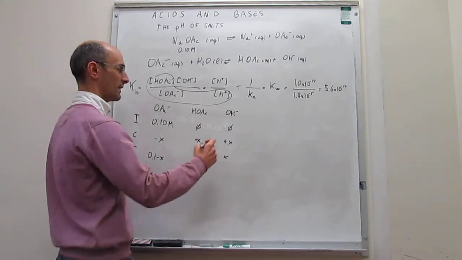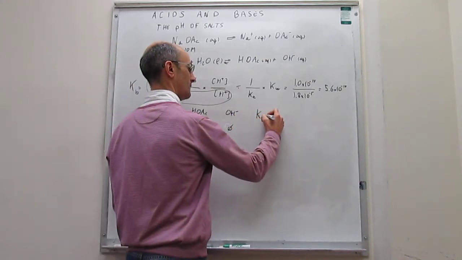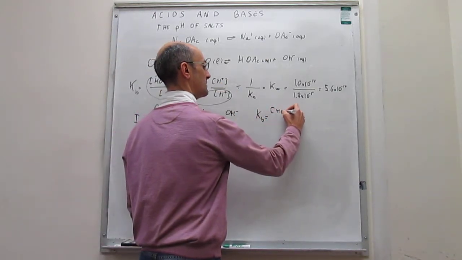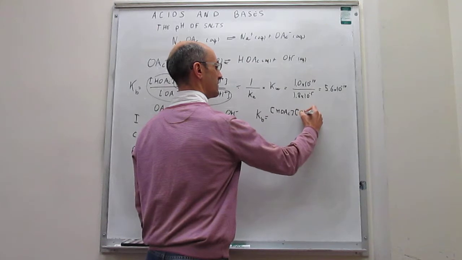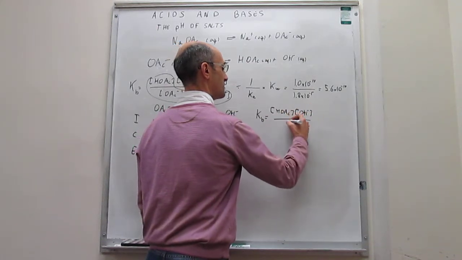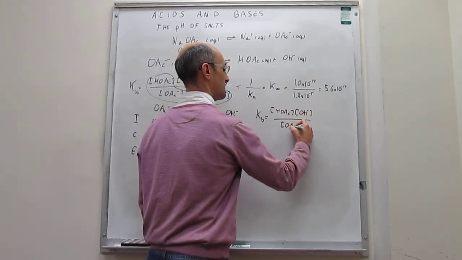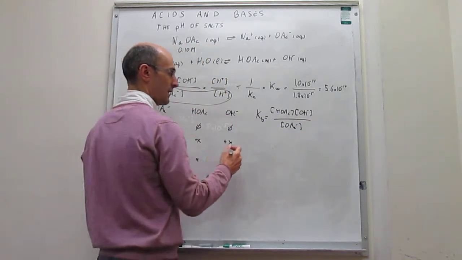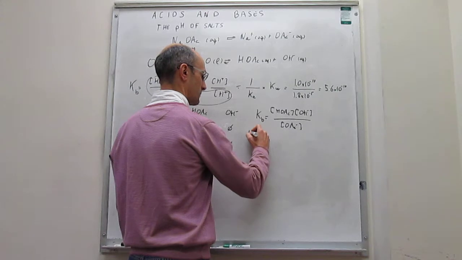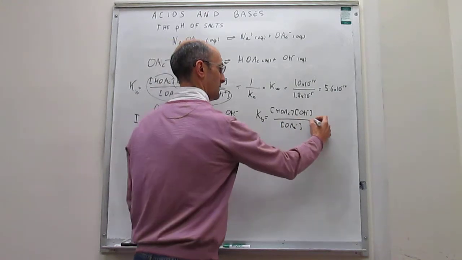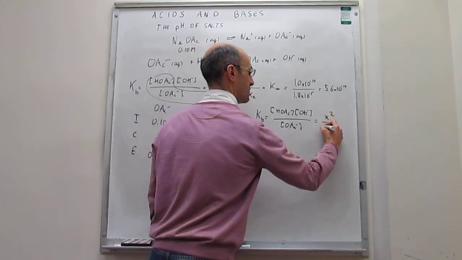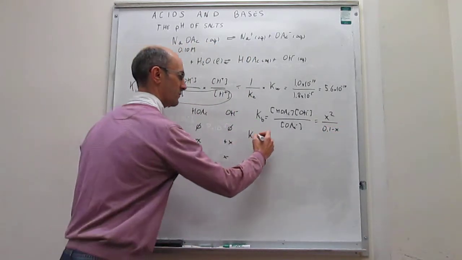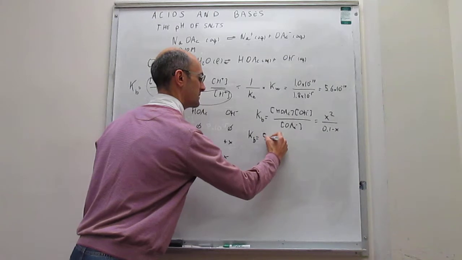Again, K sub B is equal to the concentration of acetic acid times the concentration of hydroxide over the concentration of acetate, and we have all of those values. In this case, that is K sub B equals x squared over 0.1 minus x,